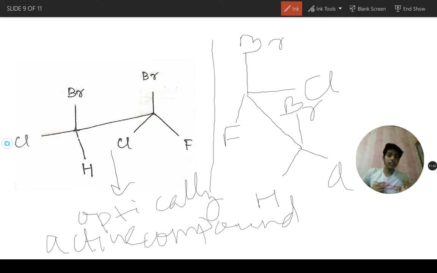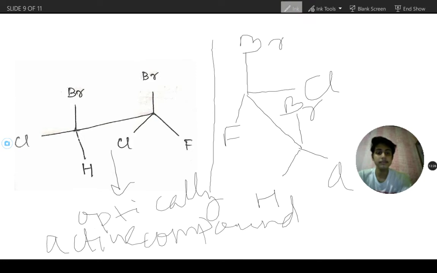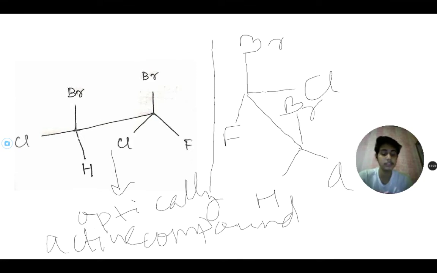I will also say some examples where chiral carbons are also optically inactive. We will be discussing that in the coming classes, but up to that just remember, when a compound is optically active, then the carbon must be a chiral carbon and the carbon must be asymmetric. Asymmetric means it is chiral. This is about optically active compounds and this is chirality. This is one most important example also, just remember it.